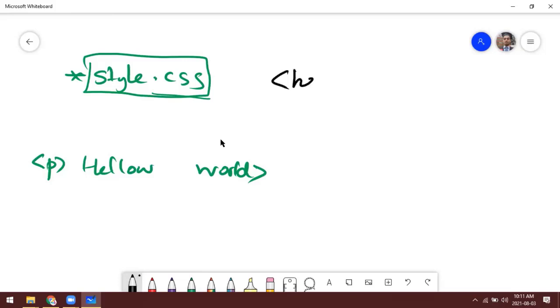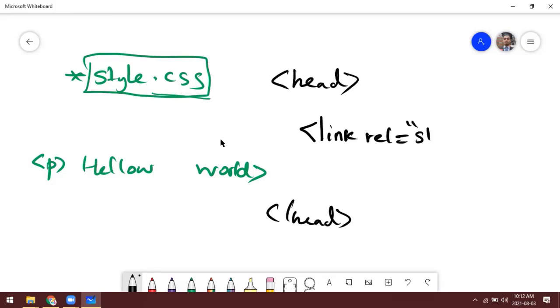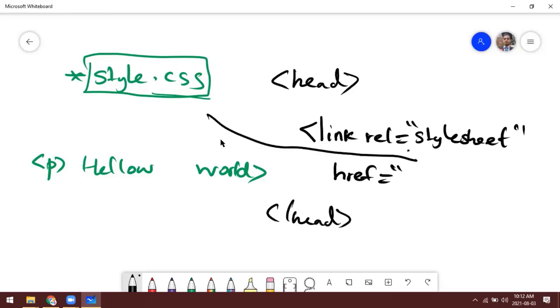Inside the head tag, we have to use this link, relationship stylesheet, and then we have to add the href, hyperlink reference. We have to link our CSS file, style.css. If you don't remember anything, you can refer to the previous lecture, where we discussed these things in detail.